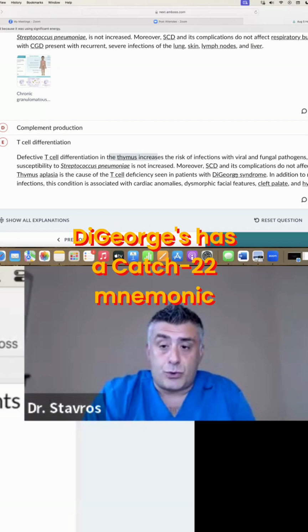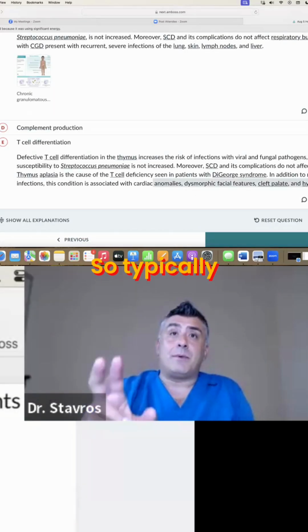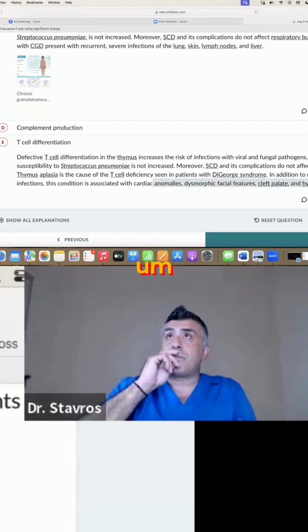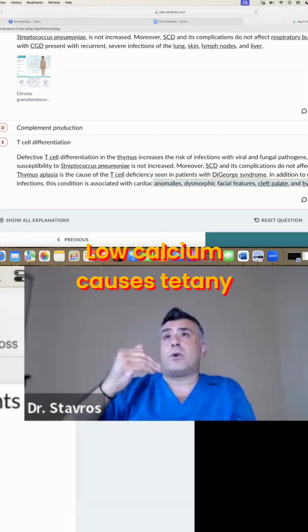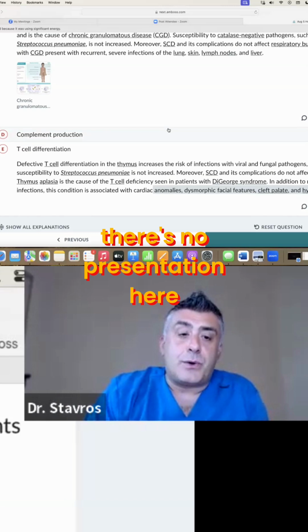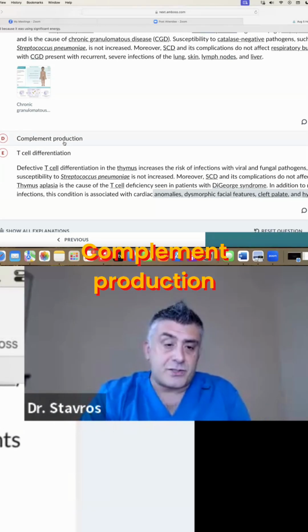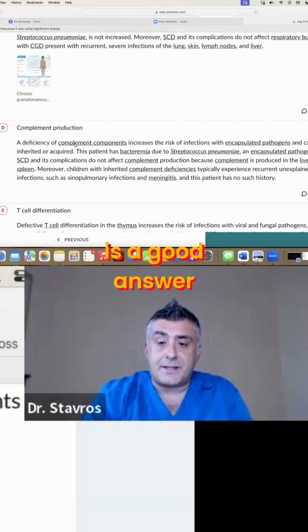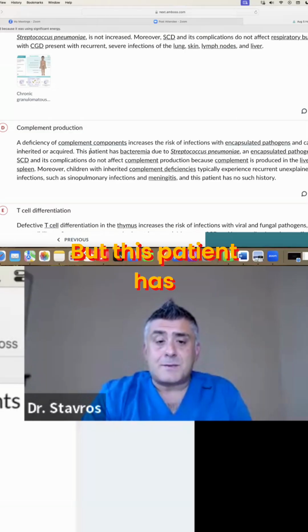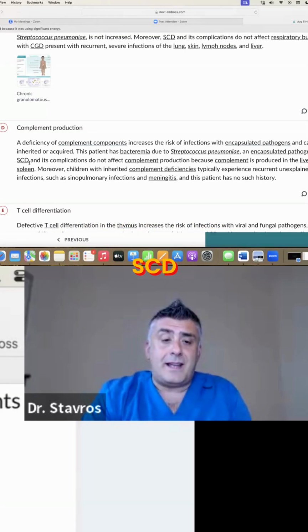DiGeorge's has a CATCH-22 mnemonic. I mean, it's right in front of you here. So typically, we know DiGeorge patients have low calcium. Low calcium causes tetany. There's no presentation here. So 17% chose complement production. What do you think that is? Complement production clearly is a good answer. But this patient has bacteremia due to strep pneumo, SCD,